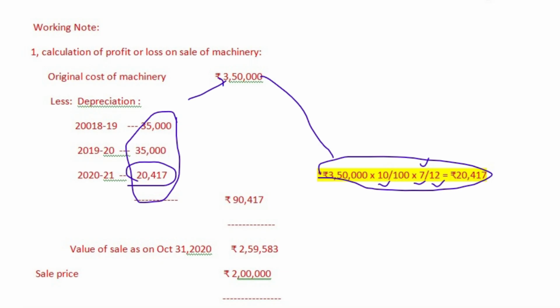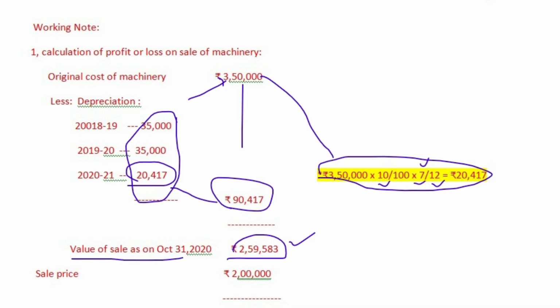The total of these three is 90,417, and this minus this equals 2,59,583, and this represents the value of sale as on October 31st, 2020. Now the value of machinery shall not be taken as 3,50,000. It should always be taken as a depreciated value. So after charging the number of years' depreciation, the value obtained is this one,